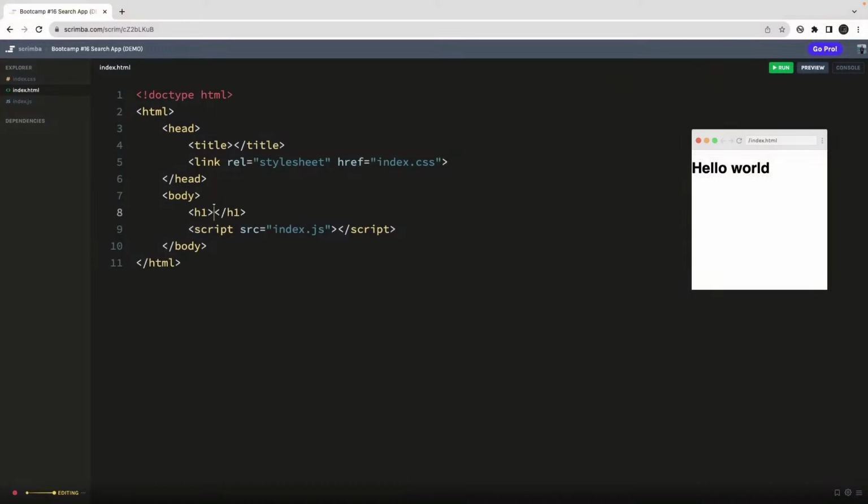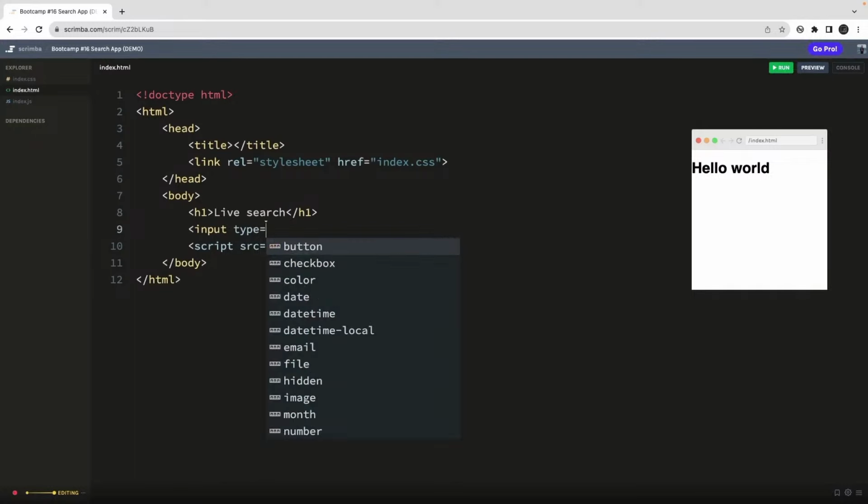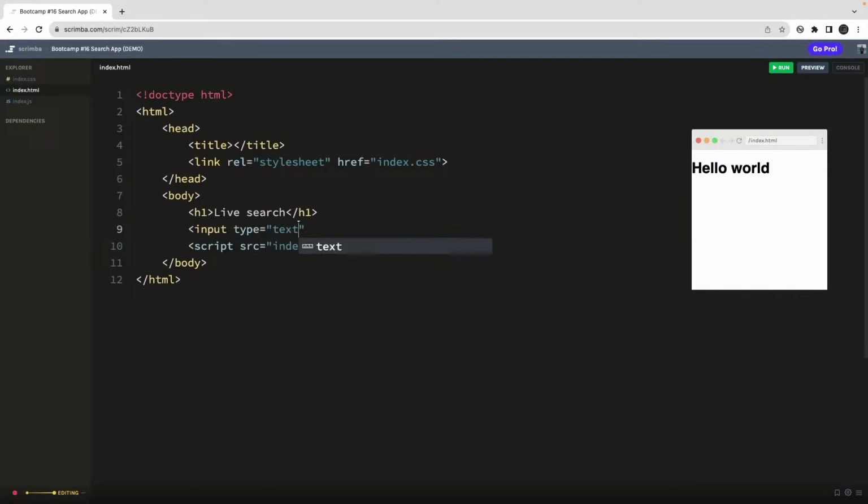So here we are going to do a simple live search, and inside live search we are going to add a simple input text field, and we have some mock data on which we are going to search. Input type text, ID is search, and the name is search. Okay, so this is a simple input text field we have,